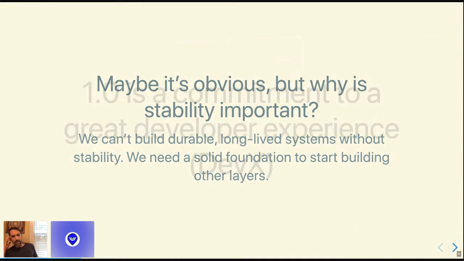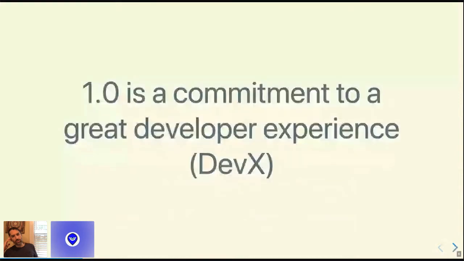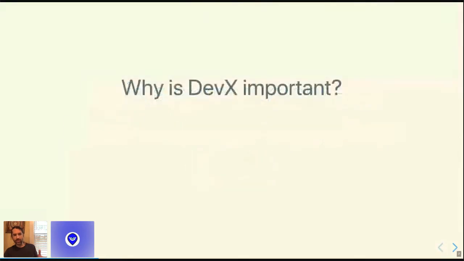The other answer we have is that 1.0 is a commitment to a great developer experience. So the idea that we're going to work out whatever kinks there are in using the Cosmos SDK as a developer before we get to 1.0, so that what we launch as 1.0 is something that we really feel great about going forward. And so why is developer experience important?